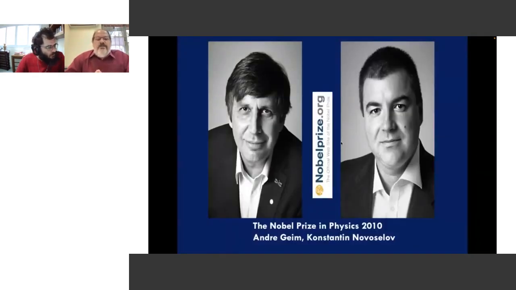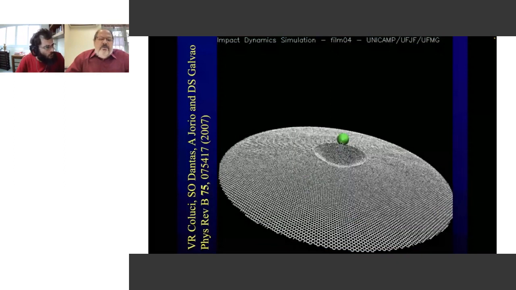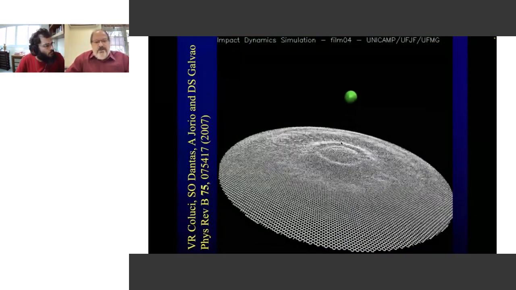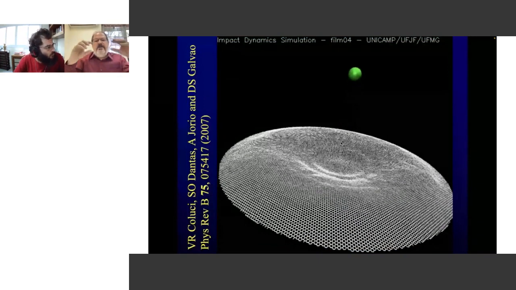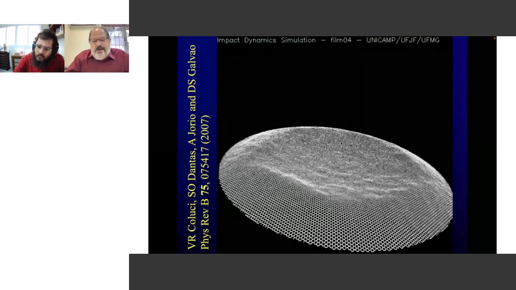This was one of the first Nobel Prize awards. The first paper was a Science paper in 2004, and in 2010 they won the Nobel Prize for the work on graphene. But graphene has not only very unique electronic properties, it also has very unique mechanical properties. It's the ultimate membrane. It's just one atom thick. You cannot go below that. So it's a record that cannot be broken.